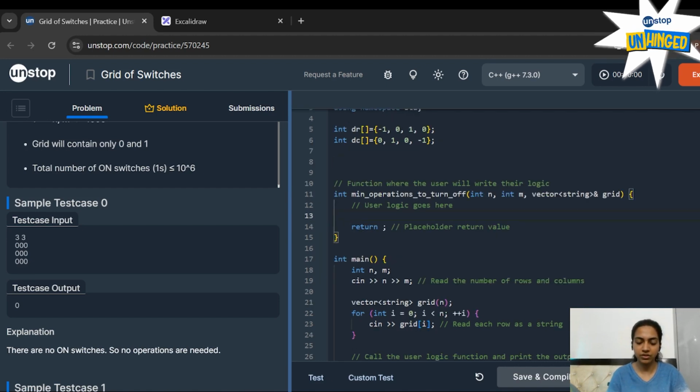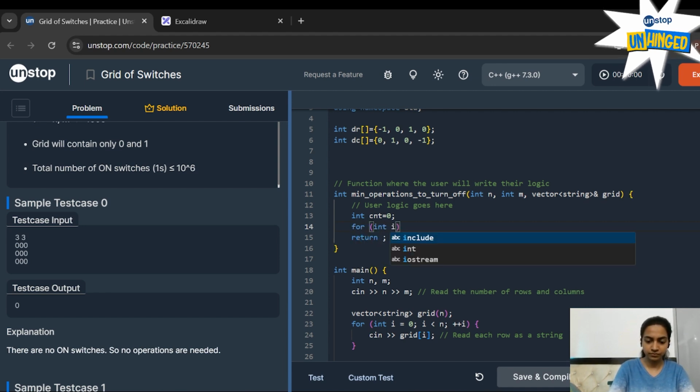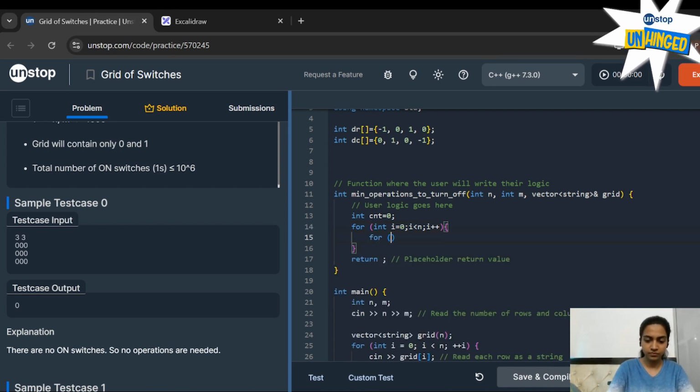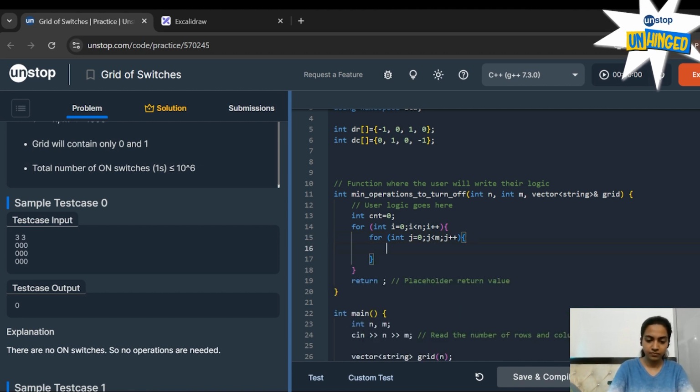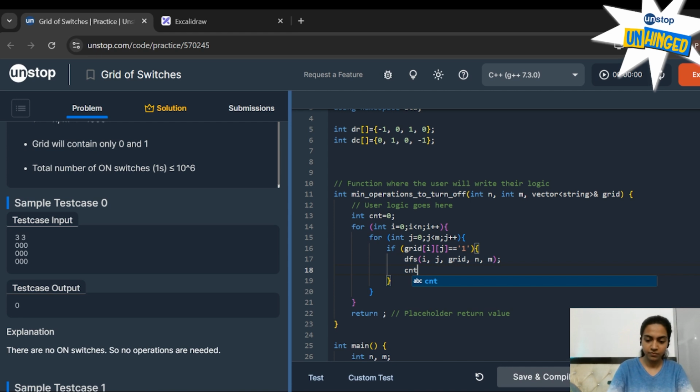So here is the function. We first initialize the count. And we return the count.